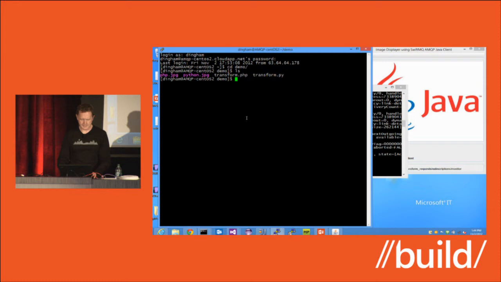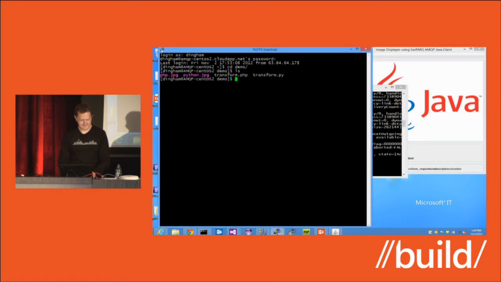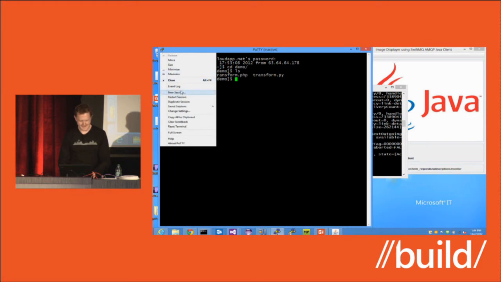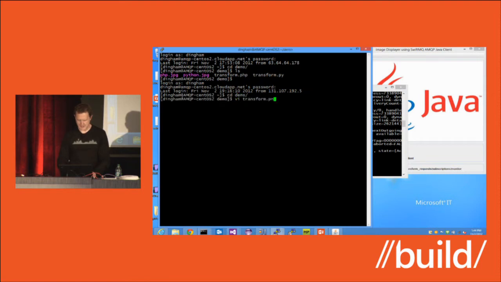Oh, even my SSH connection to the Linux machine is gone. Let's try and restart that. Okay. All right. So I was saying I've got a